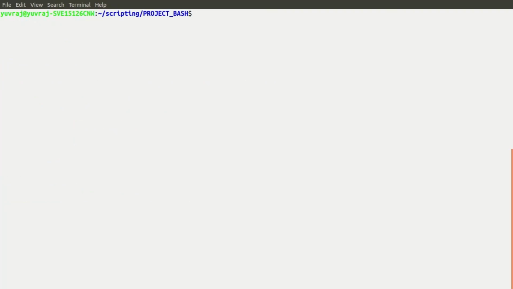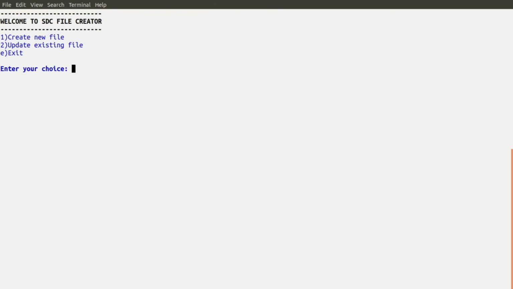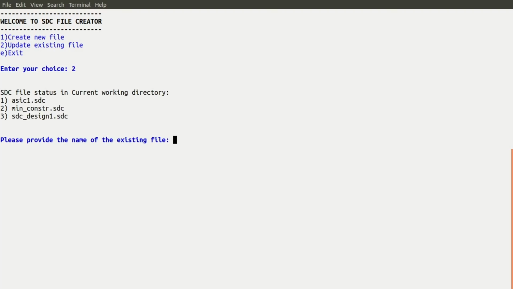Now again, writing the name of the function, create_SDC. If file type 2, which is update existing file, all the SDC extension files in our current working directory are shown as a list here, and we have to select from it. Now suppose I select a file which is not existing in this, namely asic2.sdc,